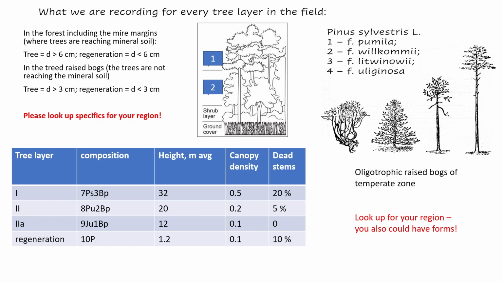And then comes the forma pumili, when the sphagnum on the top of the peatland is growing so fast that it is eating up the pine, and the pine is represented on the surface only by small branches, doing its best to grow as fast as possible. You have to look up for your region. It also could be such forms in other